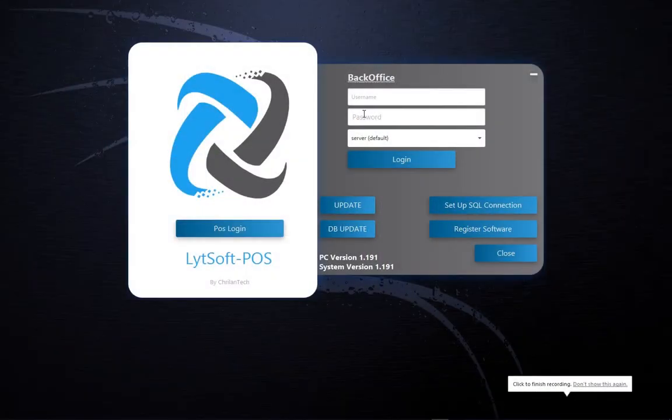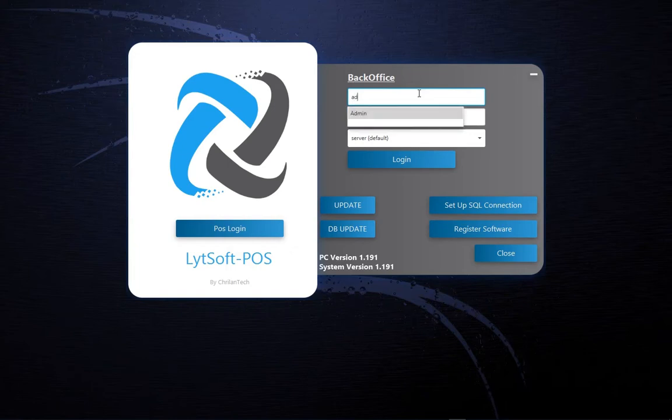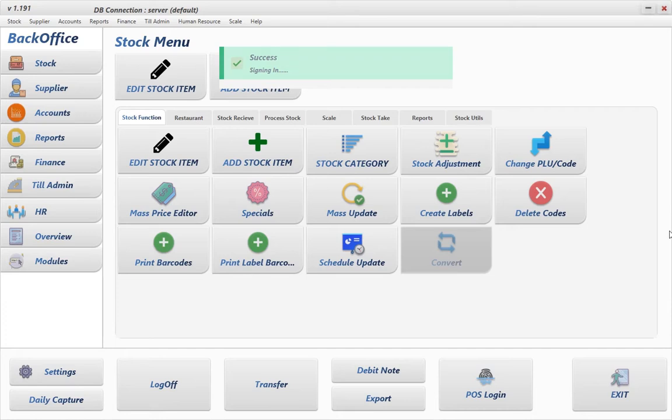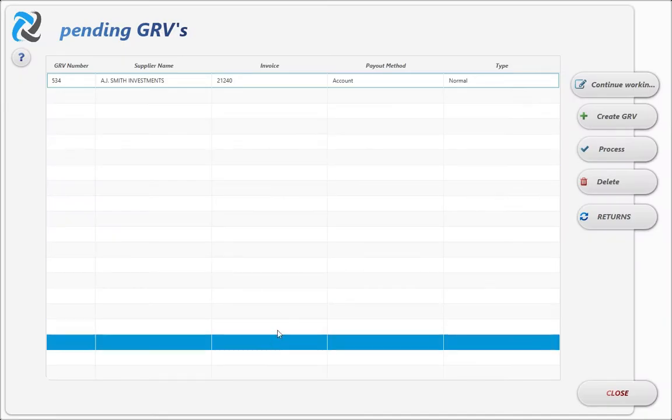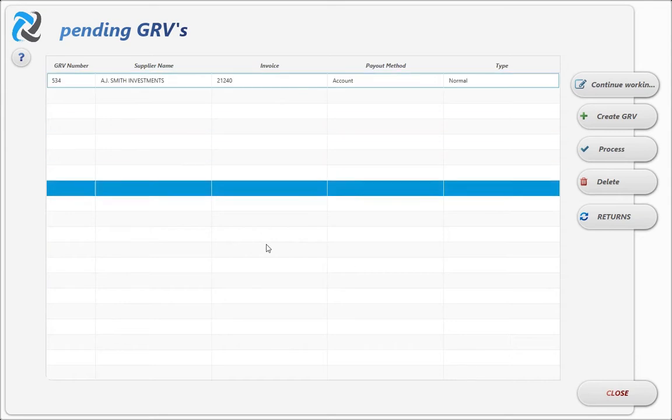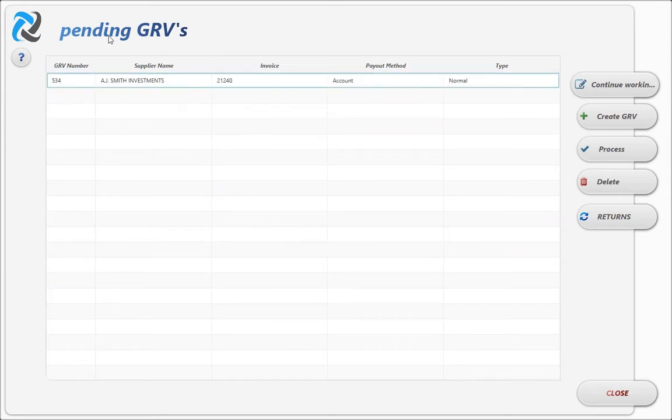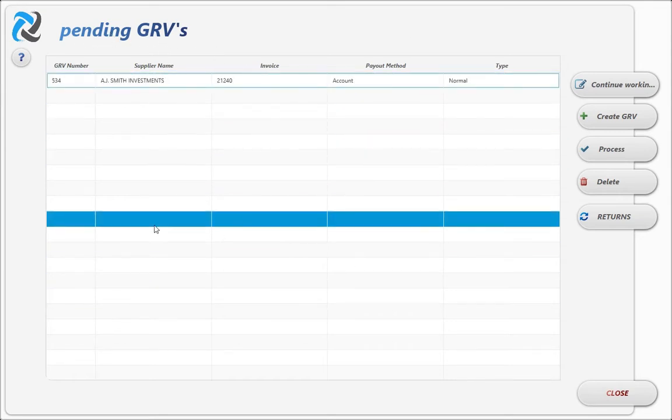Okay, in this video we're going to look at how to do a GRV. So you first need to log in. Once you're logged in, you need to go to stock receive, then you go to receive stock since we're receiving goods. Whatever you see here, these are pending GRVs,